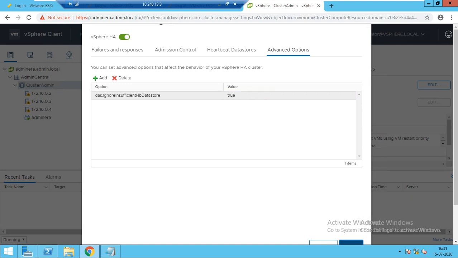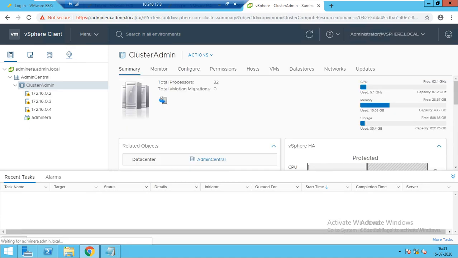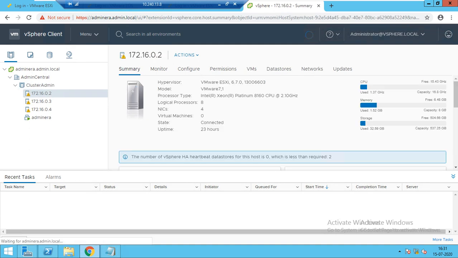As you keep OK, so at the moment if I refresh it, this error will disappear. So just wait, this error will disappear. See, it is not checking.